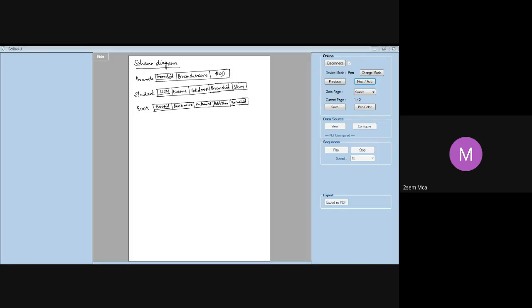This much is given. Next, we have author. In author, we have author ID. Underline author ID because it is a primary key. Then we have author name, country, age.